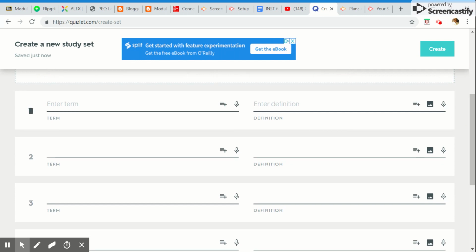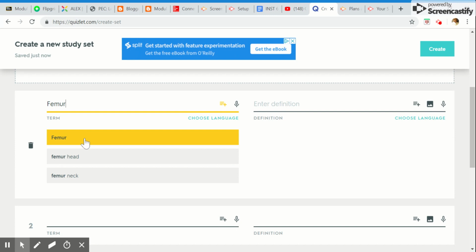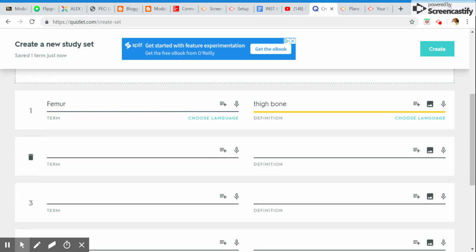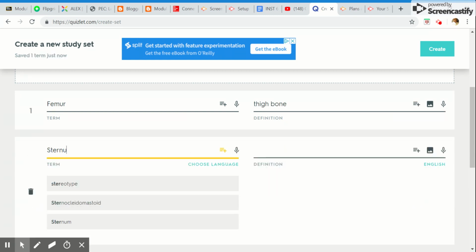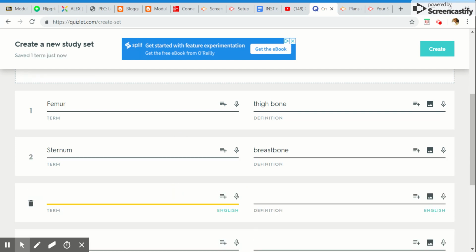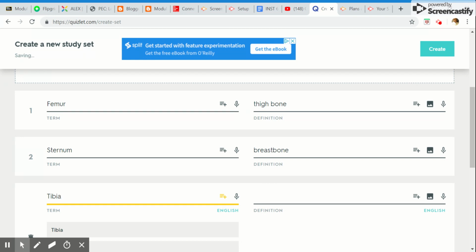So you will come down here to 1, 2, and 3. This is how you make your flashcards. We'll put in femur, and it also gives you suggestions on how to spell femur or whatever term you're trying to spell. It also gives you a suggestion on what the definition should be. But you can also put in your own definition that's specific to your class. We're going to sternum, breastbone, tibia,